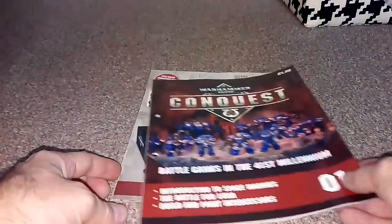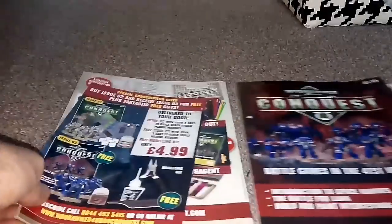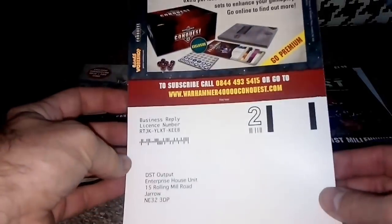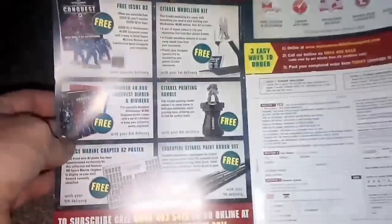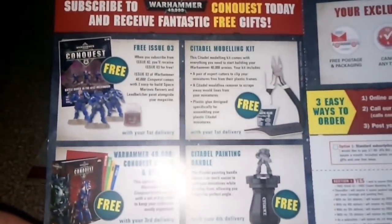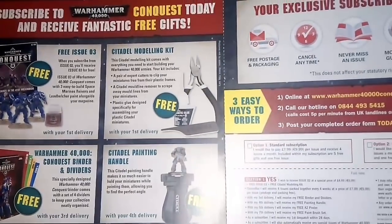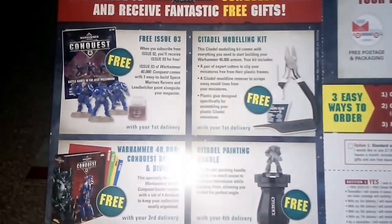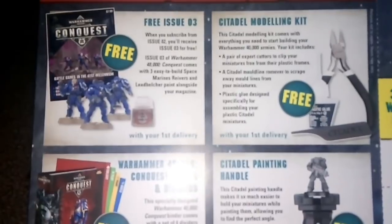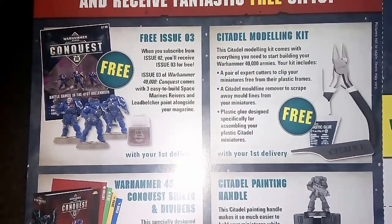Right. First things first, we'll go through all the little free stuff you get. You get this and this. And you get this, obviously, whole thing about the subscription. What you get in each issue. So, issue 2, you're going to get issue 3. So in issue 3, you get a bit closer and get in. There you go. You get 3